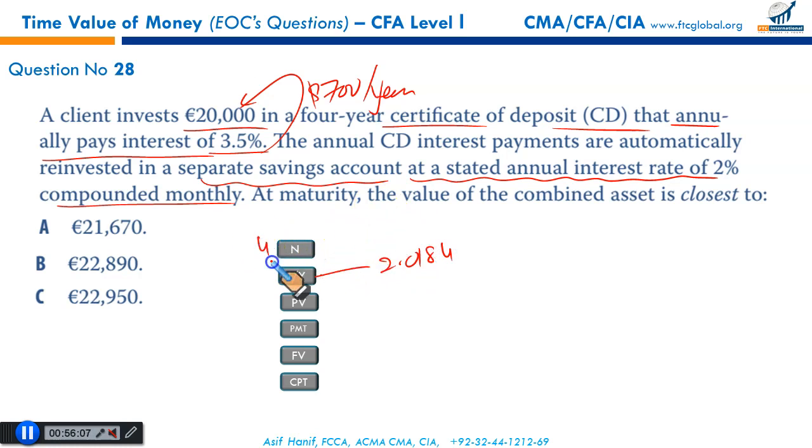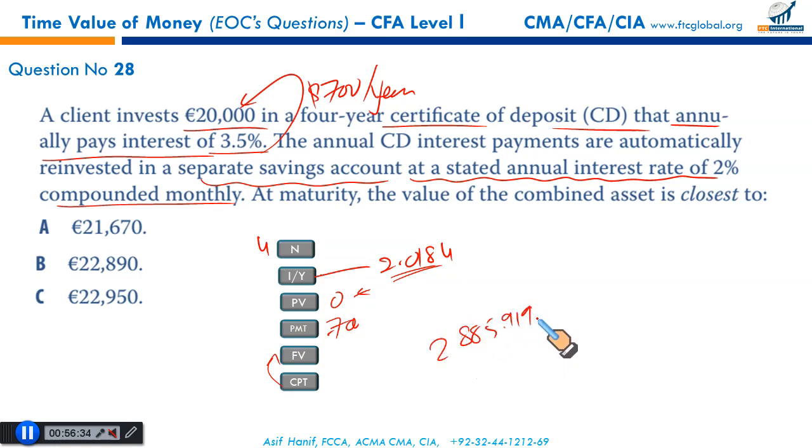How many payments are there? 4. Present value 0. We are interested in calculating the future value. What are the regular payments? 700. So for 4 periods, this is the interest rate. No present value required. Payment of $700 being made into an investment account. What will be the future value of that investment account? So plug in the numbers and you will get